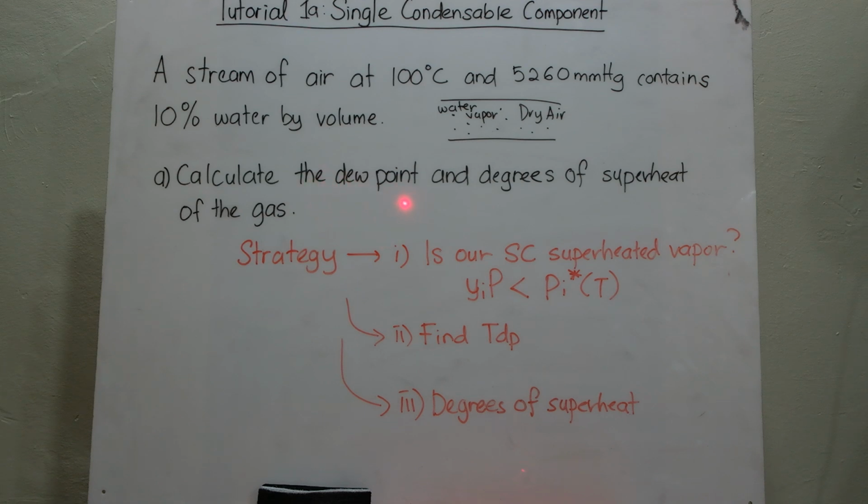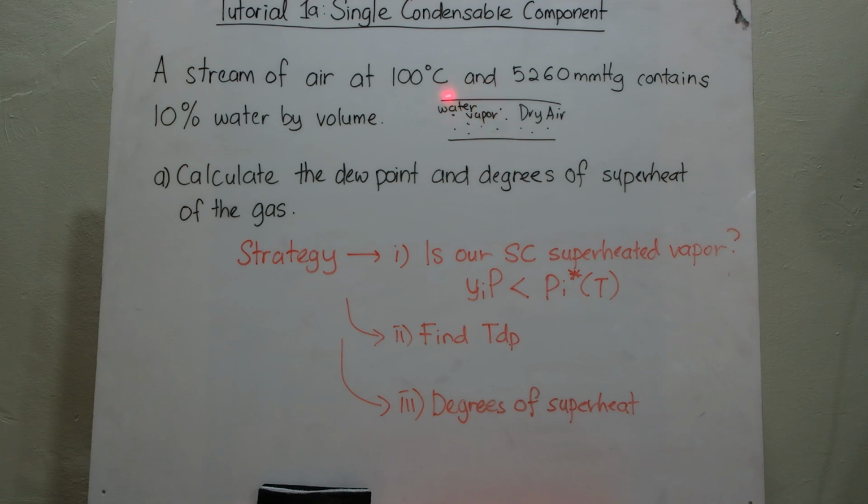You have seen this dew point and degrees of superheat in the second lecture in multi-phase systems. So you can refer back to my video lecture, multi-phase system part 2, and you'll find this dew point and degrees of superheat. So the question wants you to calculate dew point and also degrees of superheat. In order to do this, you have to determine